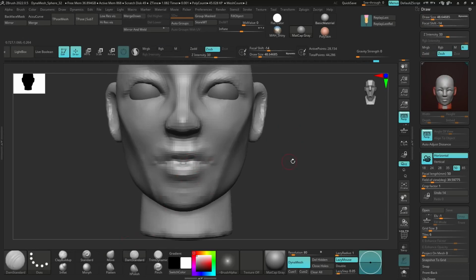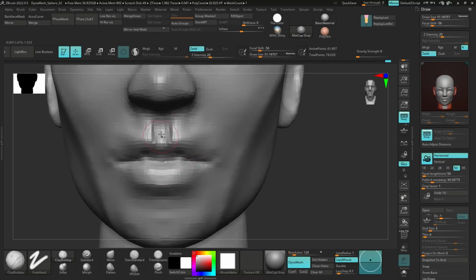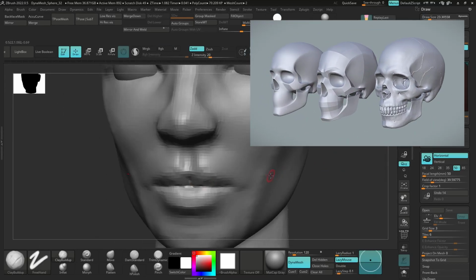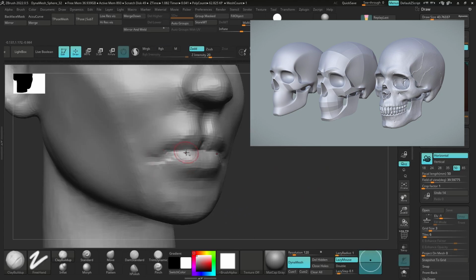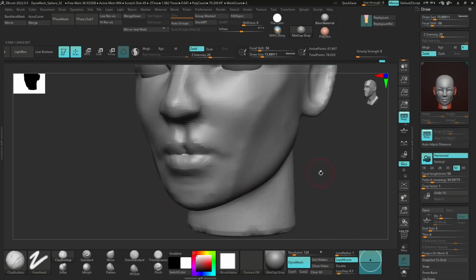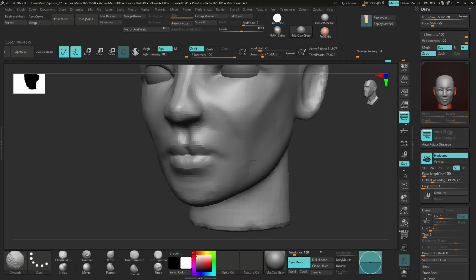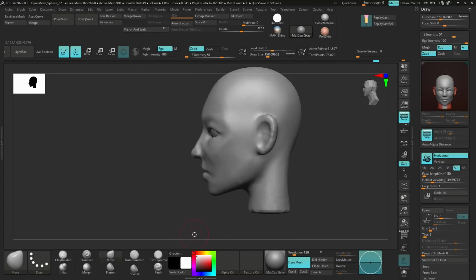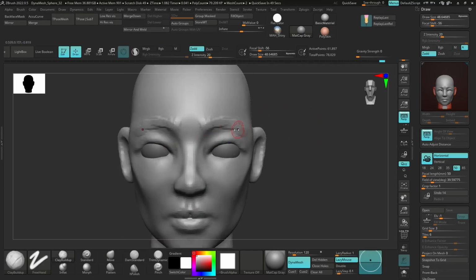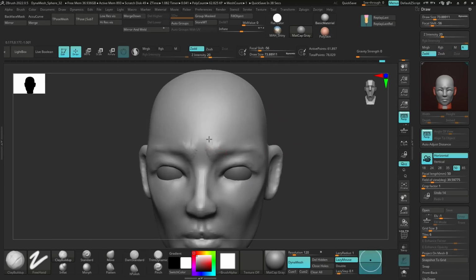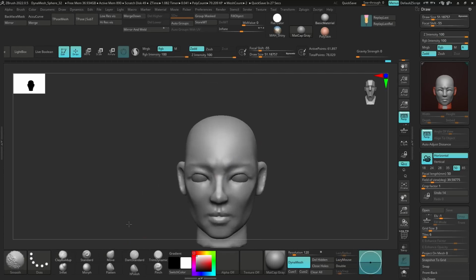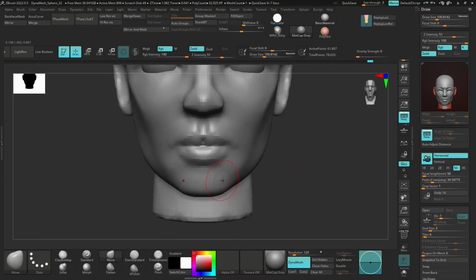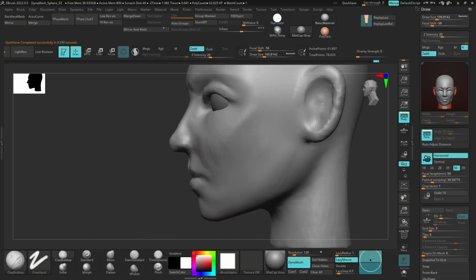So if you want, you can start with creating just a simple skull. That's a good exercise for you. I'm sure you have seen some skulls, and then you can build some masses over it. That way you can have a good understanding of how the face anatomy works. So I am creating a series of anatomy starting with the face, and for this one,